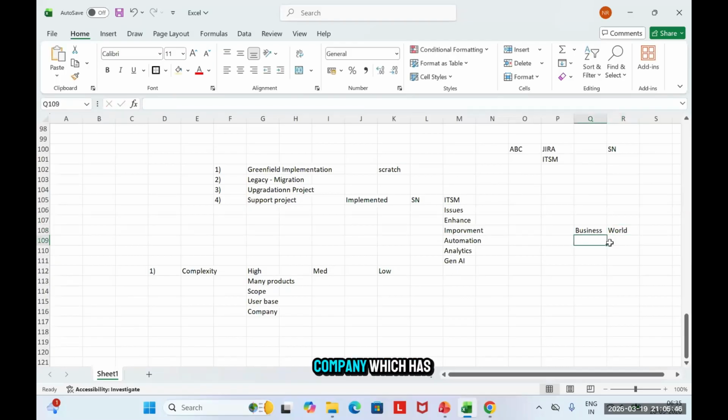Another, I have a company which has business only limited to one state or only limited to a few states in my country. So that's how I'll define the company size, and that's how I'll also define the user base. One which is expanded over the world will have more complexities.